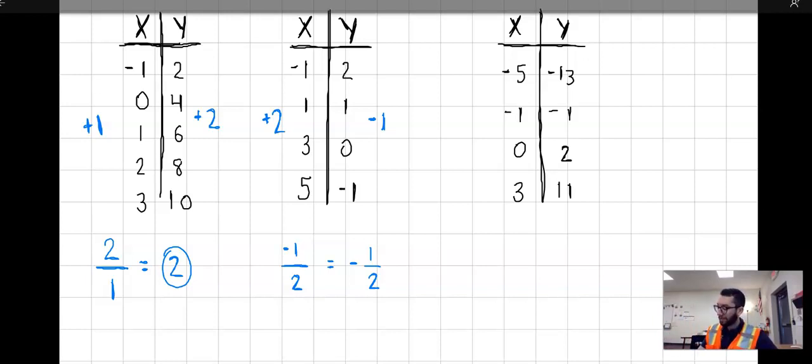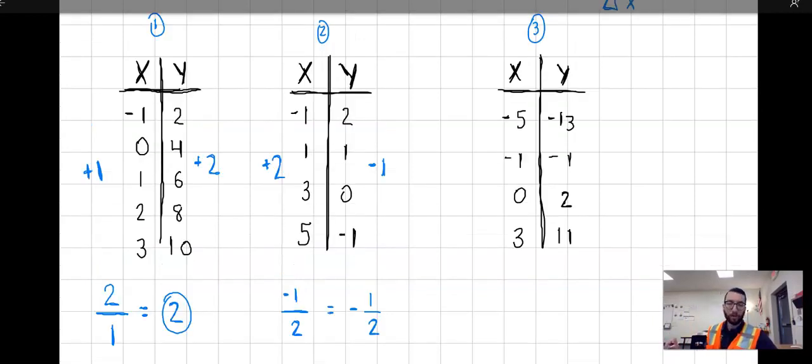For this last one, there's really not any order, right? From -5 to 1, that's +4, and then from -1 to 0, that's +1. Here, I'll write this out for you. So from here to here, that is +4, and then I got +1, and then I got +3. On this side, I have +12,